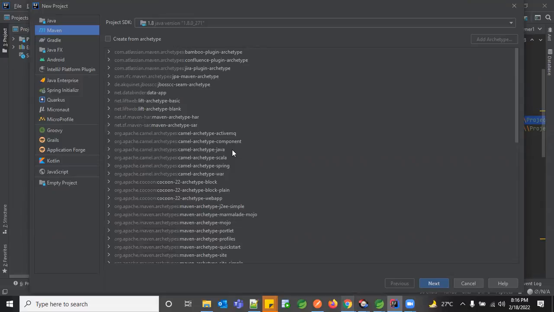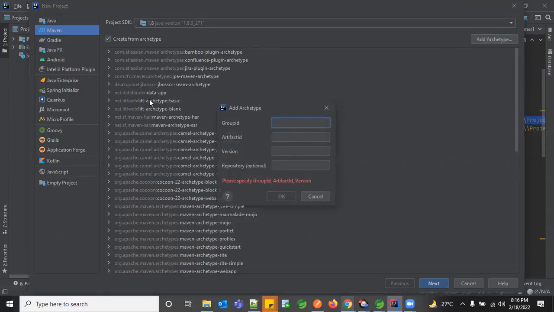This one is not clear for me. Can you repeat? Yeah, just a moment. Archetype. Every time, let's say I wanted to create from an archetype, you just say add archetype. The archetype is nothing but the group ID, artifact, and the version which you actually want to download from. So if you don't have anything, you can create your own. If you have multiple projects, you can create your own group ID, artifact, and version, and you can download it.